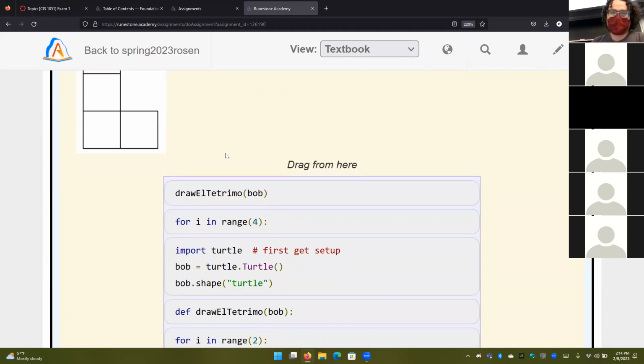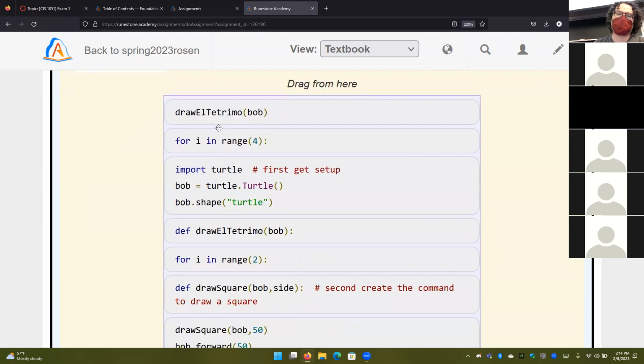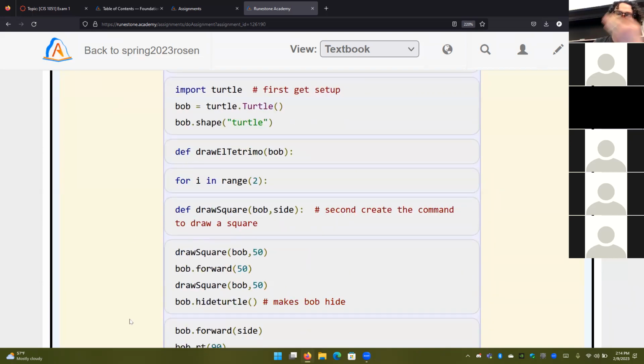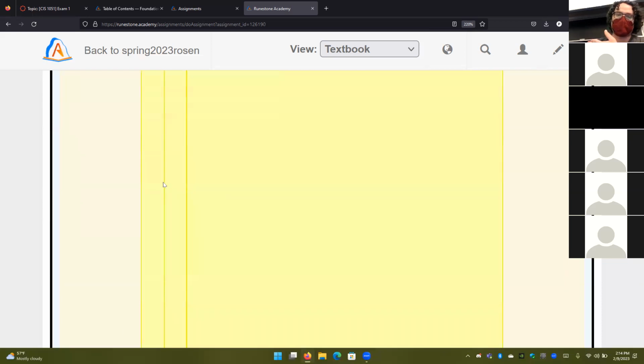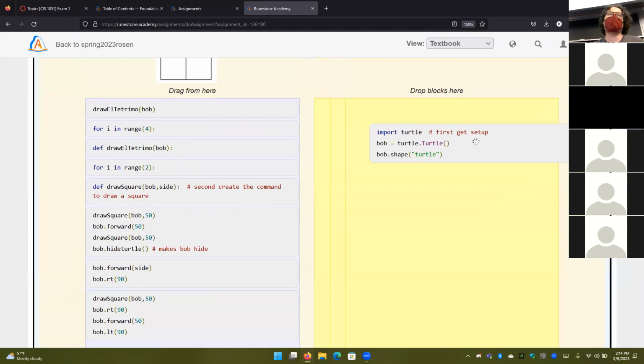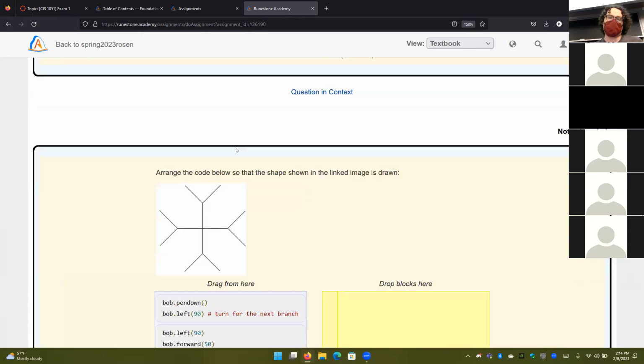All right. So this is pretty cool because it's got a function here. And again, I'm going to debate whether or not we include functions on the exam, but this is still good practice here. And what you do is you take these and you drop them here, and they have different levels of indentation. So you want to get the order correct as well as the indentation correct.